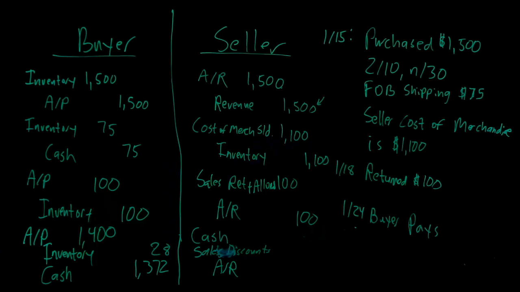So how much cash is coming in the door? Well, it's going to be $1,400 of our accounts receivable, $1,500 net with the 100, minus 2% or times 0.98. So the amount of cash coming in the door is $1,372,